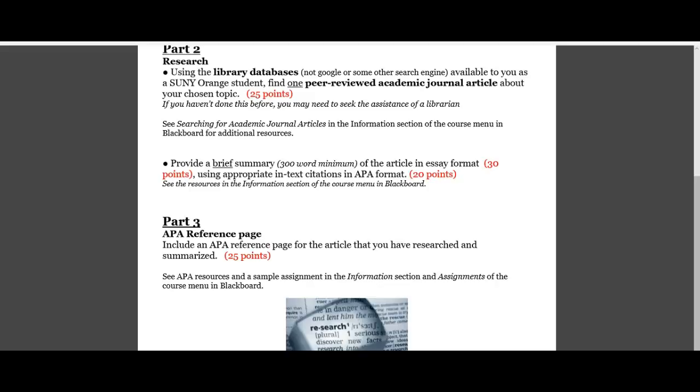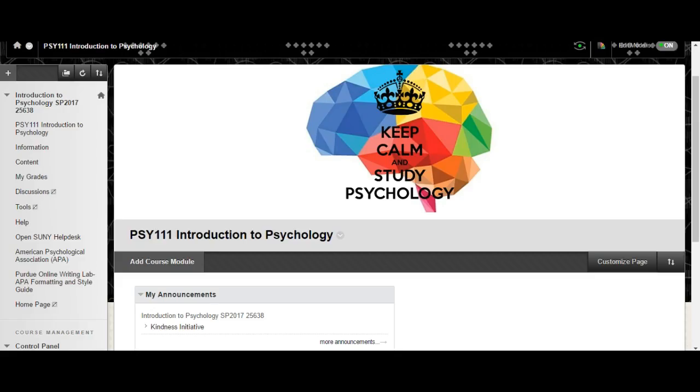Once you've chosen your article, you are then going to provide a brief summary of the article in essay format using appropriate in-text citations in APA format. If you are unfamiliar with how to do in-text citations in APA format, there are several options that you have. You can go to the sample article assignment that can be found in the information section,